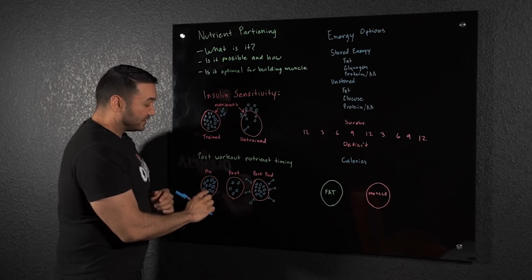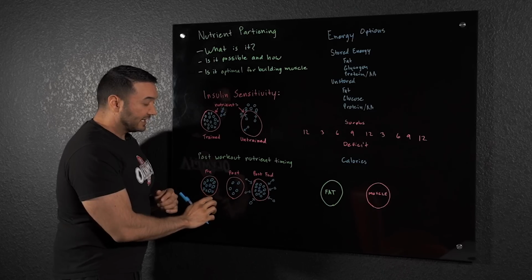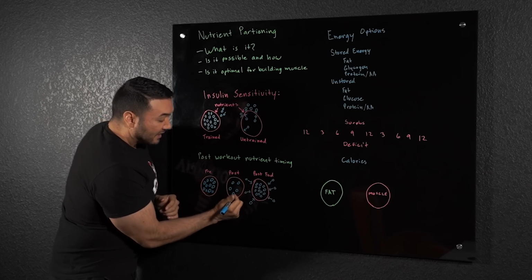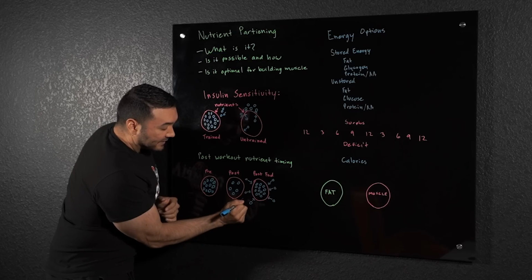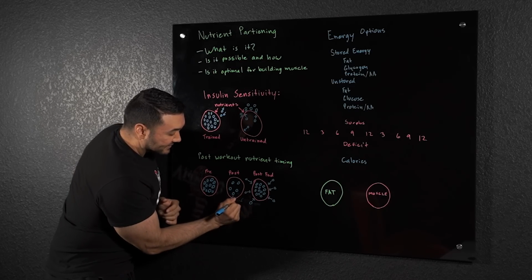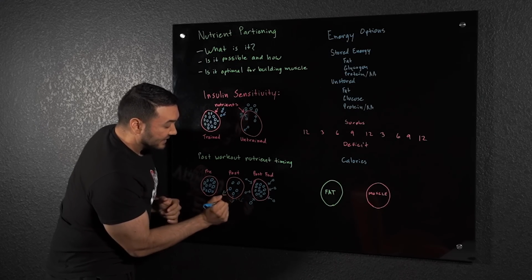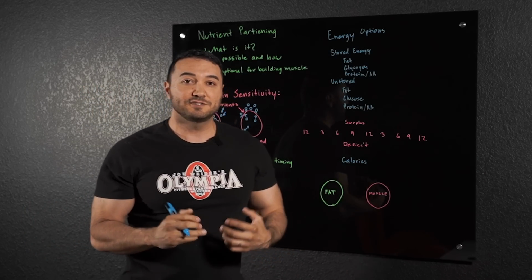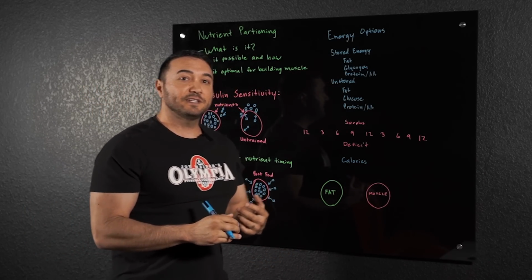When we start off the exercise with all this glucose and glycogen in the muscle cell, post-workout we have a lot less. The glycogen is being taken out, it's being used throughout exercise to get you through your 10 reps, 15 reps, 16 sets, whatever. Your body's using that energy and it's depleted. So what does the body say?